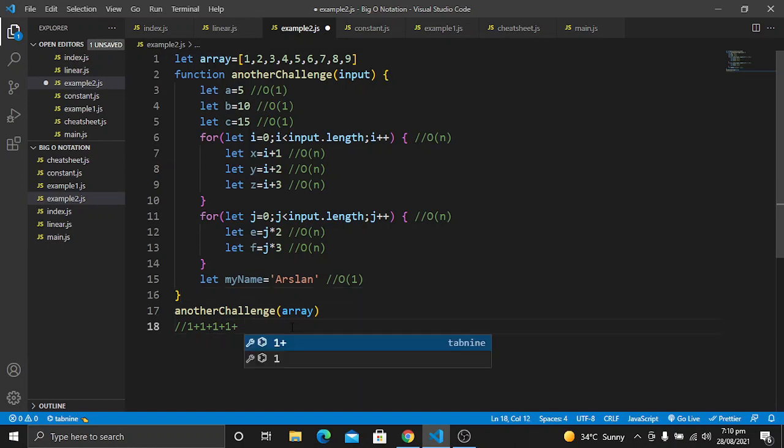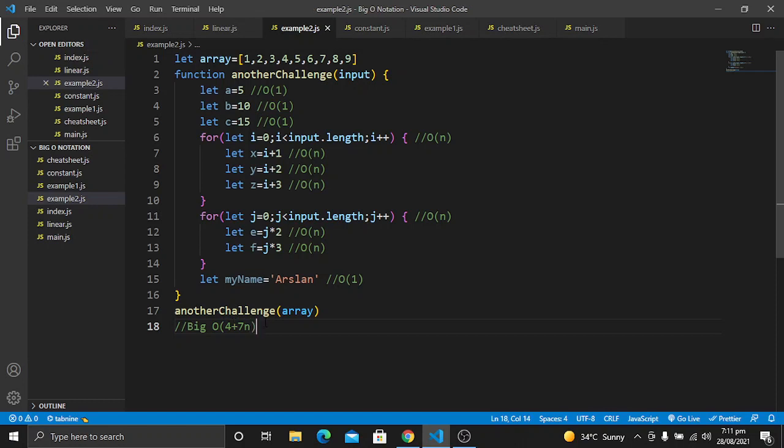So n is 7 times, so instead of writing n 7 times, let's write 7n, and also write the 4 for the constants. So you can see the big O for this function is 4 plus 7n.